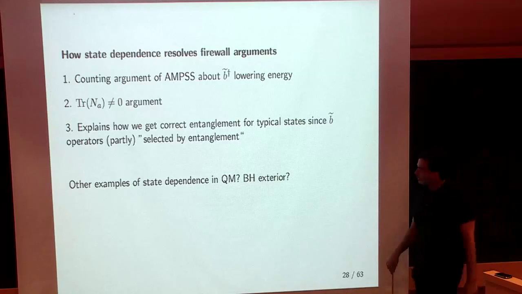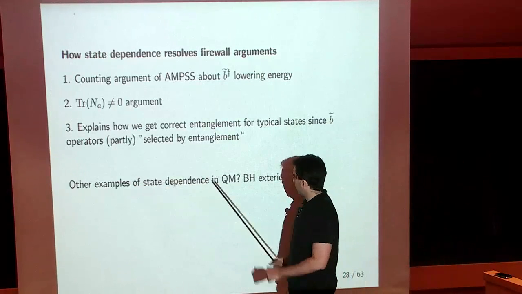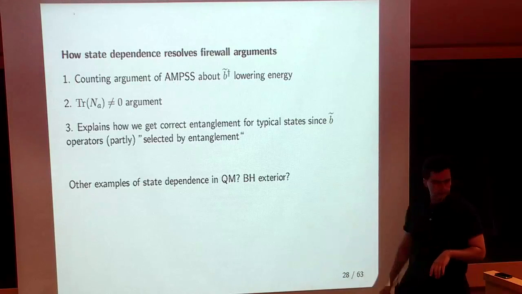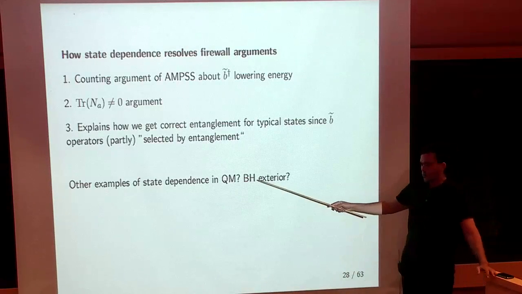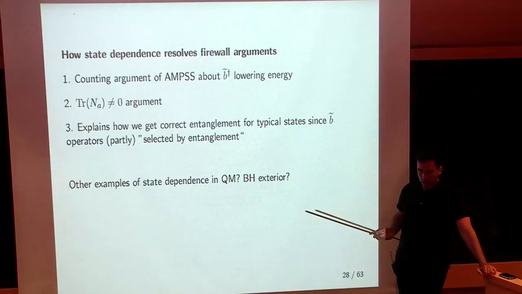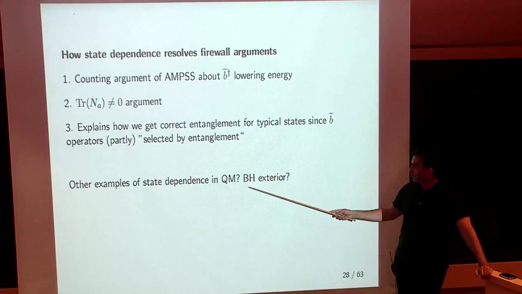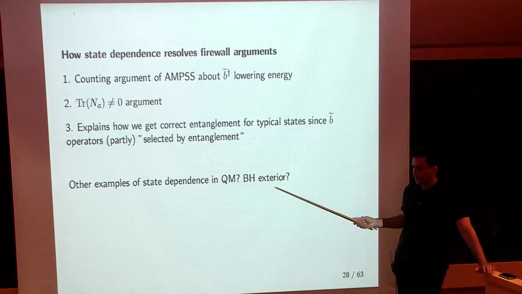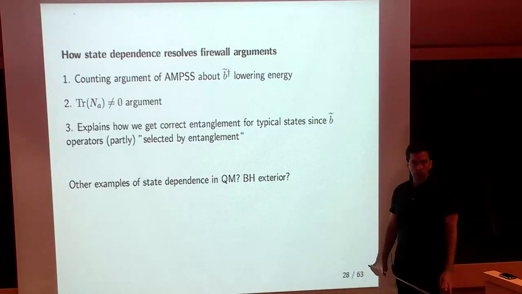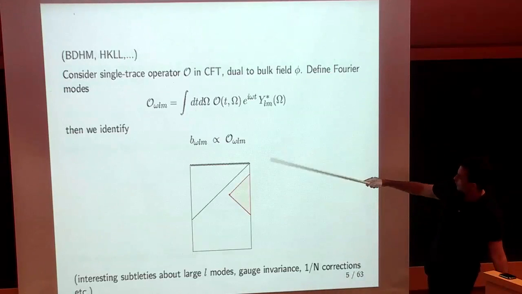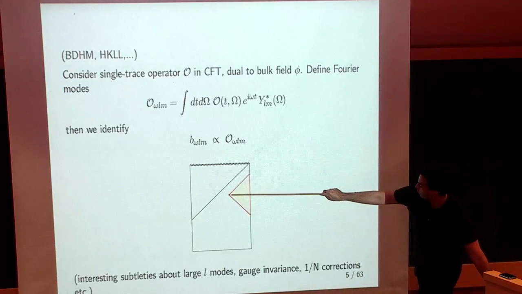Now, this type of state dependence is unusual, in fact. We do not know any other example in quantum mechanics where we have this type of state dependence. An interesting question is whether this has to do with the black hole interior or whether it has to do with quantum gravity in general. For example, it's not clear whether you can find state-independent operators outside the horizon. In the beginning, I told you that there is a way to reconstruct points in the exterior of the black hole. However, the constructions that have been written down in the literature all depend on the states that we're talking about.